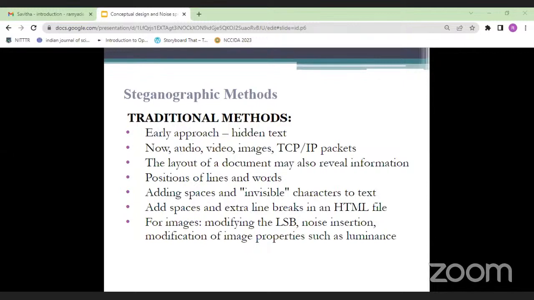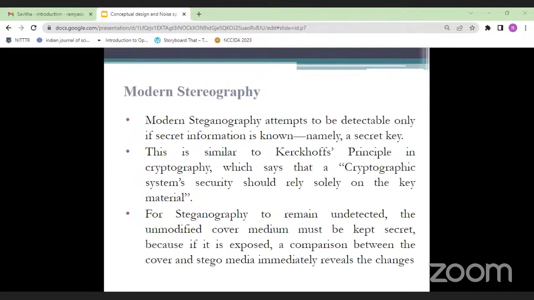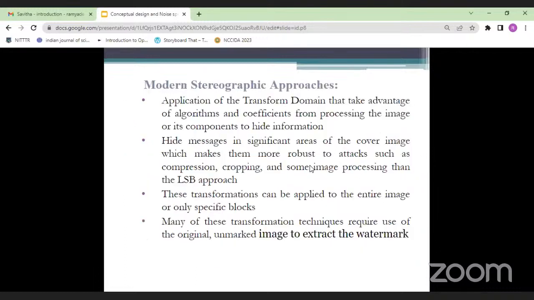Within the spaces, we can insert data where any quality difference will be very small. In modern steganographic approaches, the application of transform domain takes advantage of algorithms and coefficients from processing the image.